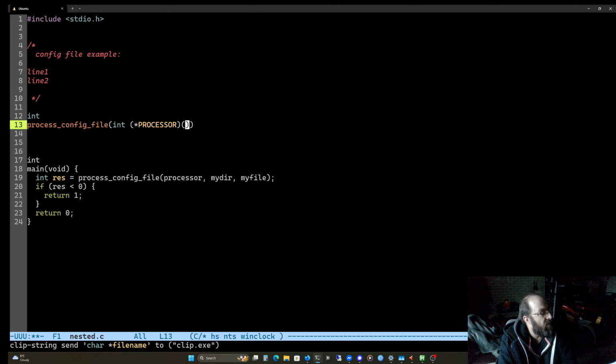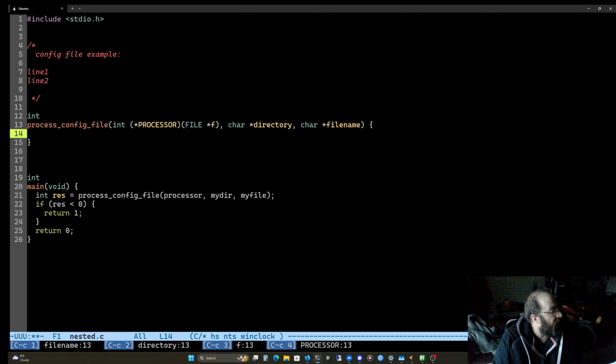No, it doesn't. It's going to take a file, isn't it? It's going to take a file f. Then it takes a char directory. Whoops. And it takes a char file name. Okay.